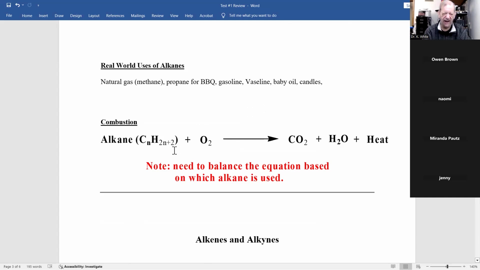Remember, the general reactions are like your roadmap. They tell you what products you should be getting in a reaction. Now, here I have alkane, and it could also be cycloalkane, plus oxygen gives you carbon dioxide, water, and heat. Now, heat is not considered a chemical. So on the question, if I asked you what would be the products if we were to take propane,